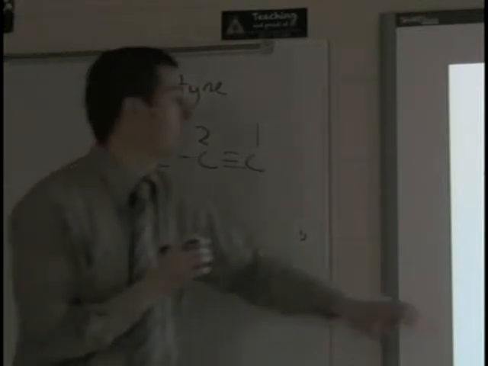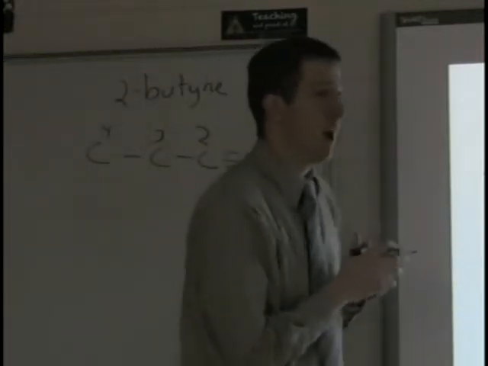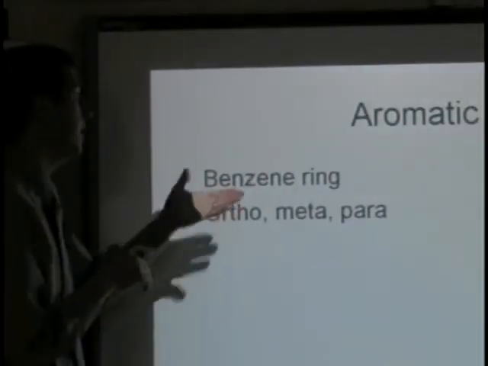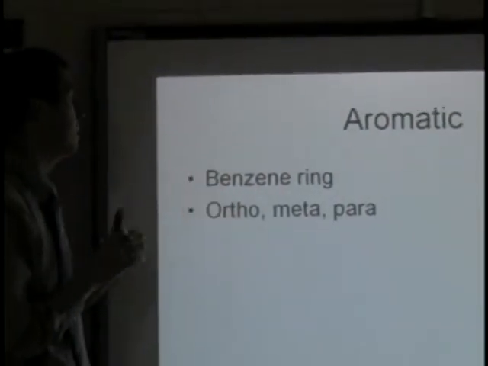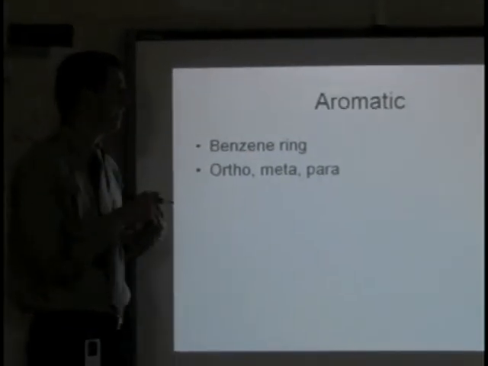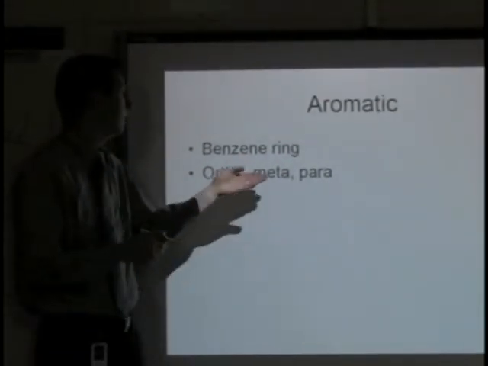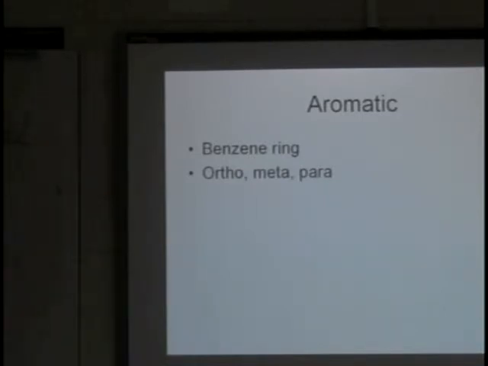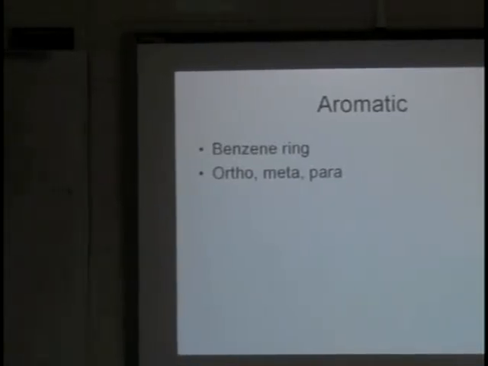Two more things to go over. The first one is the aromatics. So once again, we covered all of them that are not rings so far. Now let's cover the things that are rings. Benzene ring is an example. One of the things that we did not talk about was ortho, meta, and para when it comes to a benzene ring. So first off, if you come back to the board here, what a benzene ring would look like